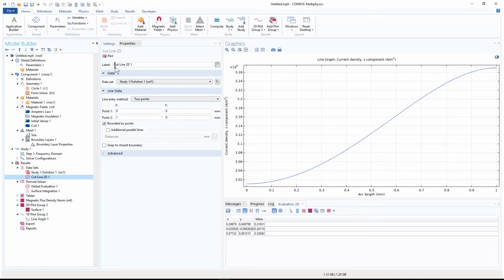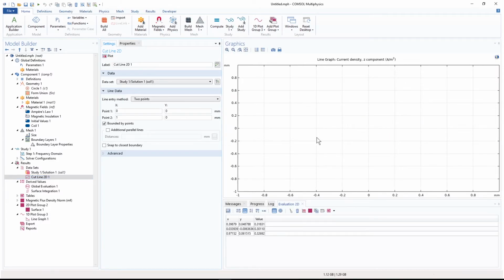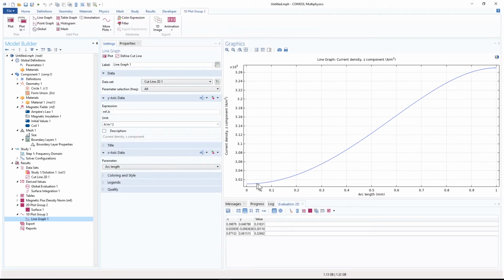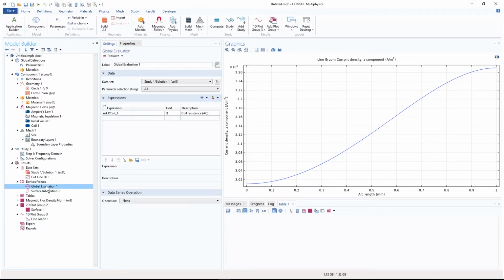over this cut line, where is it? Over this one. So we can see that, for example, at the center it's a bit less, in the corners, near the edge of the conductor, we have more. And now if I use our AC calculation directly by COMSOL, we will have